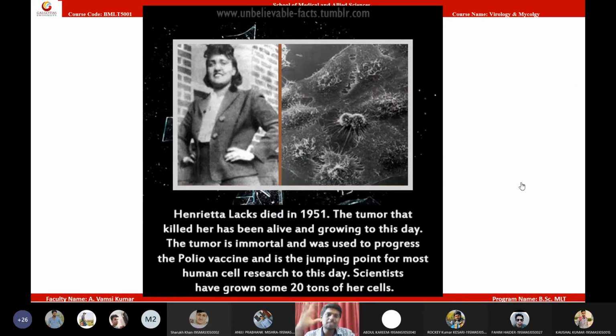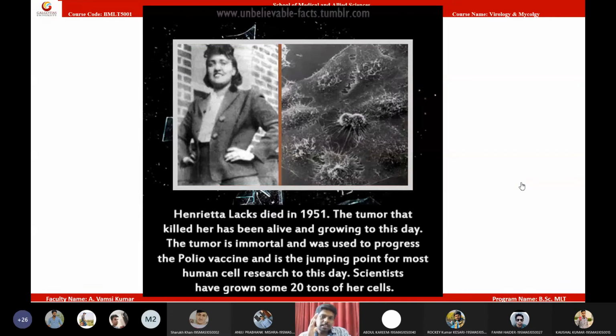These cells are a continuous cell line. They are not dying. There is no death for Henrietta's cells. The patient's name is Henrietta Lacks, so these cells were named after the patient. These cells are called HeLa cells. Believe it or not, Henrietta Lacks died in 1950. But right now we have 1 crore elephants' weight of them. One elephant, 2 elephants, like that, we have 1 crore elephants' weight of tissue reproduced in laboratories from Henrietta's cells.